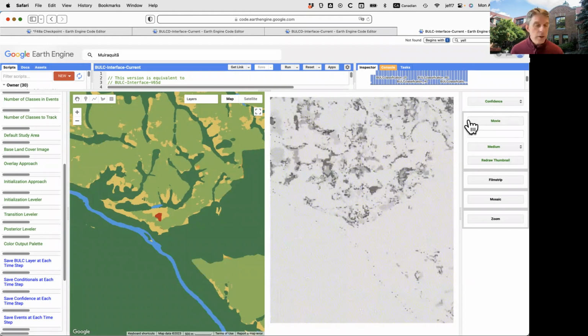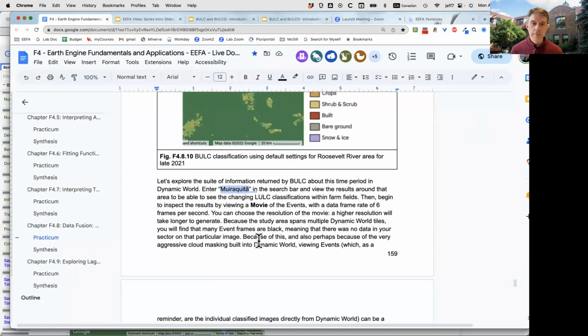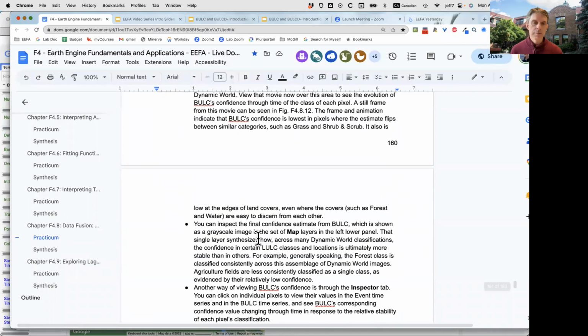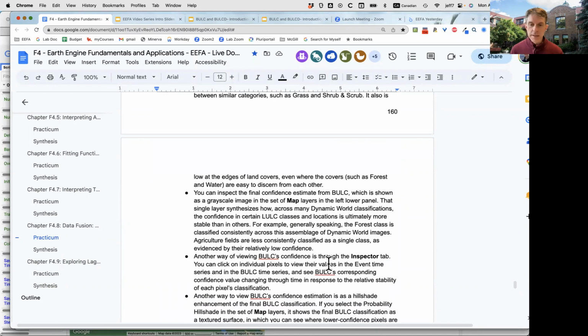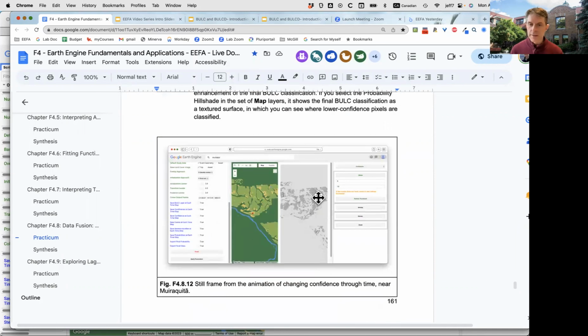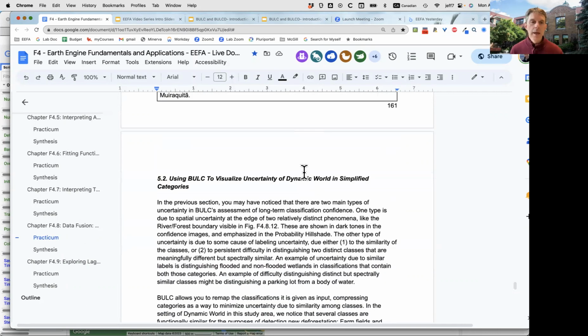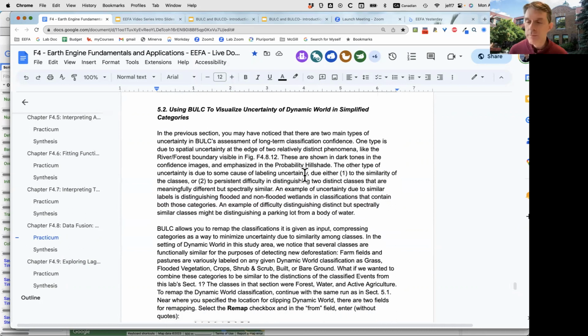And so if we go back to the code here, or sorry, to the manuscript, we can see here's the inspector tab, same type of thing. There's the confidence we can view off to the side. Here I just did a screen capture of one of the frames that you just saw. And that's the idea of that. But let's imagine like we